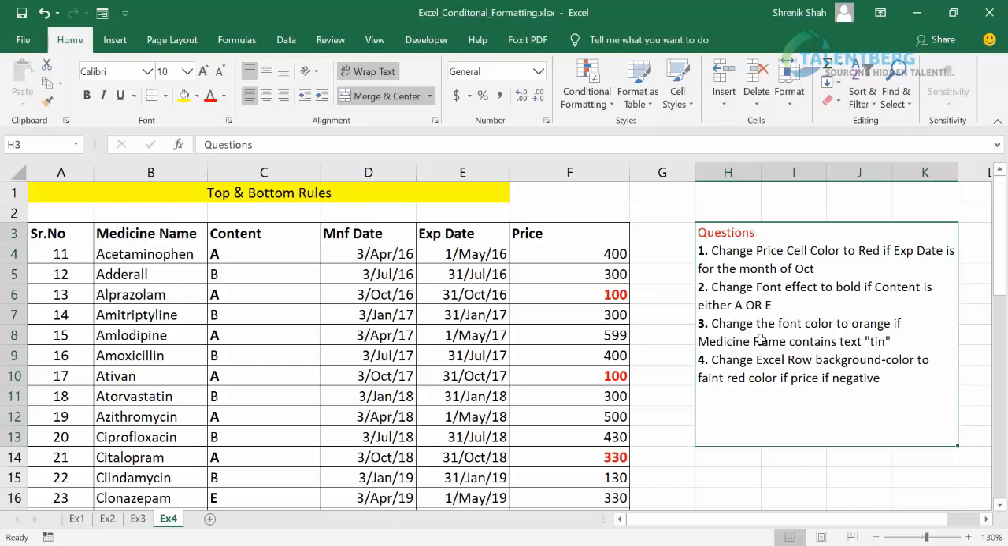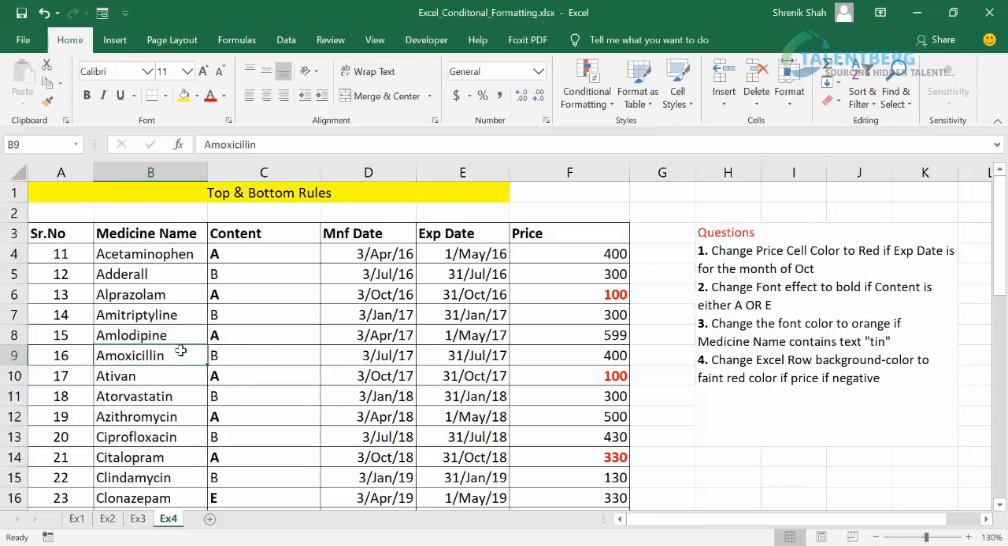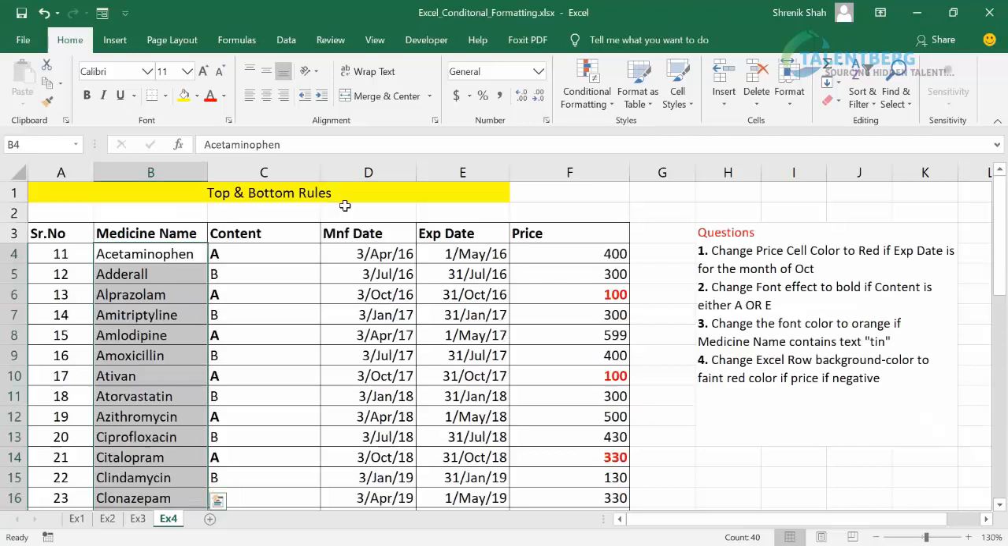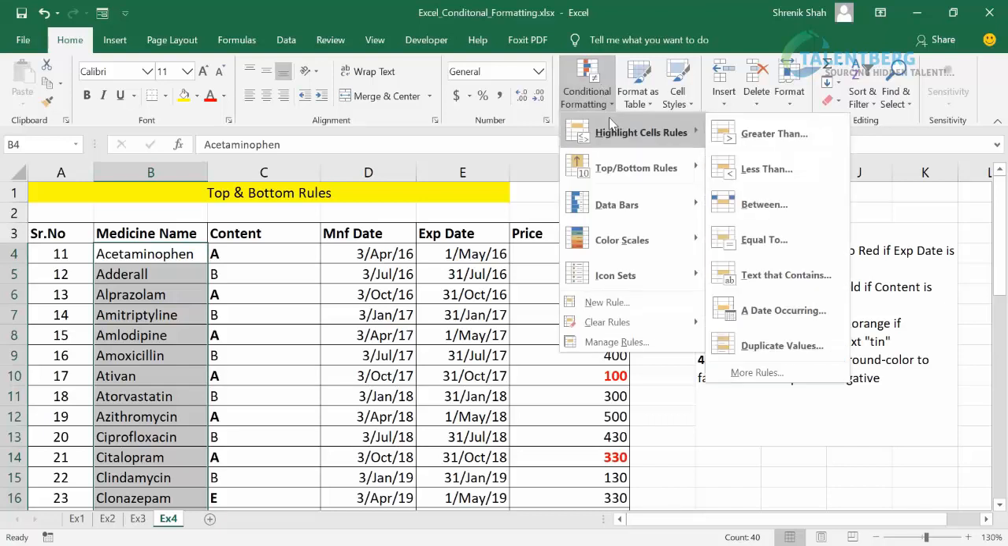The third question is to change the font color to orange if the medicine name contains the text TIN. There is a list of medicine names, so I select all the medicine names. I'm using the shortcut Control Shift and down arrow key. It selects all the cells. I can press Control Backspace to come back to the first cell, and then from conditional formatting, highlight cell rules, I